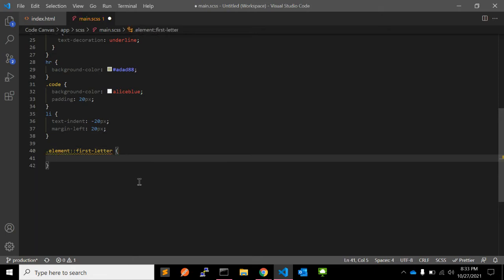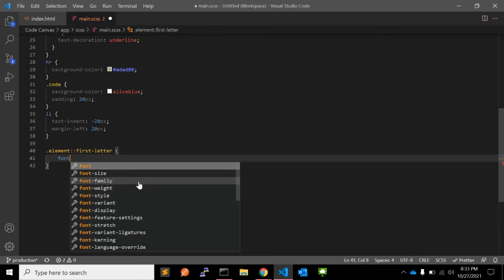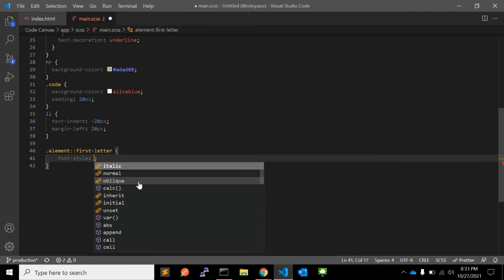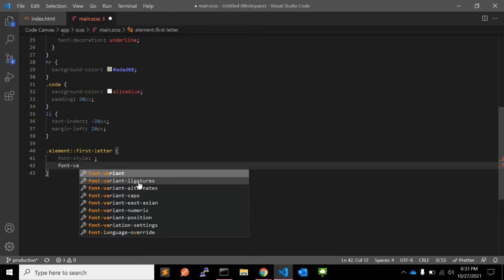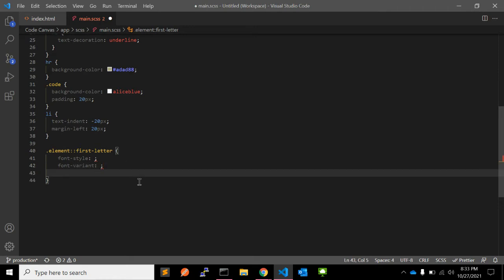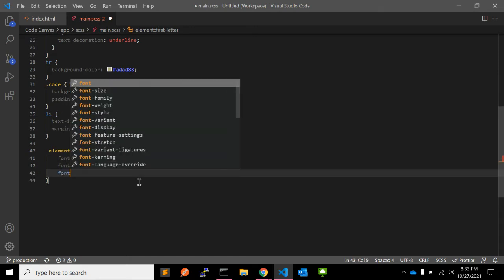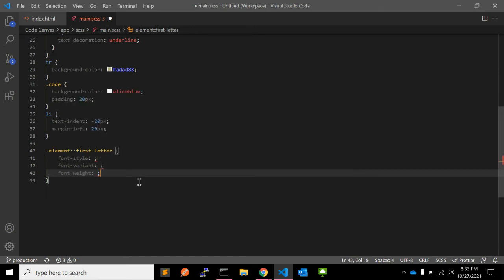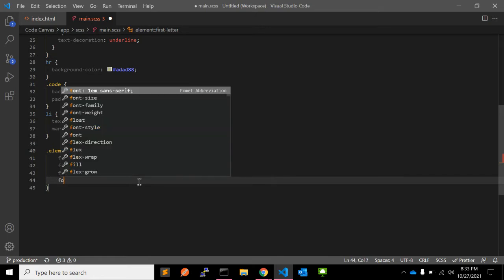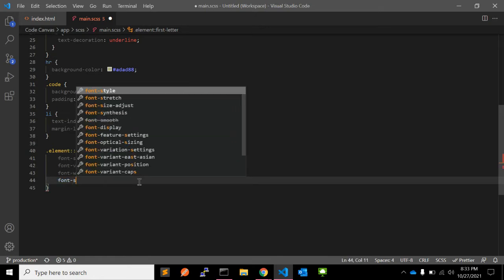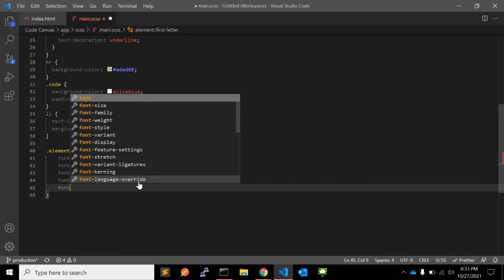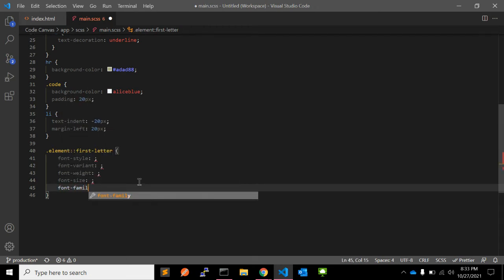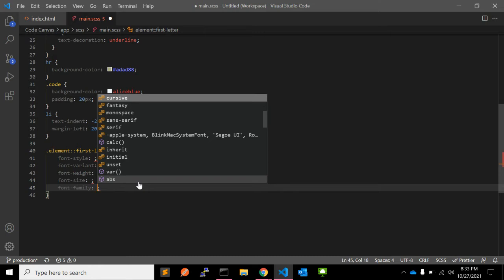Here you can use font style, font variant, font weight, font size, and font family. You can apply font family as well on this pseudo element.